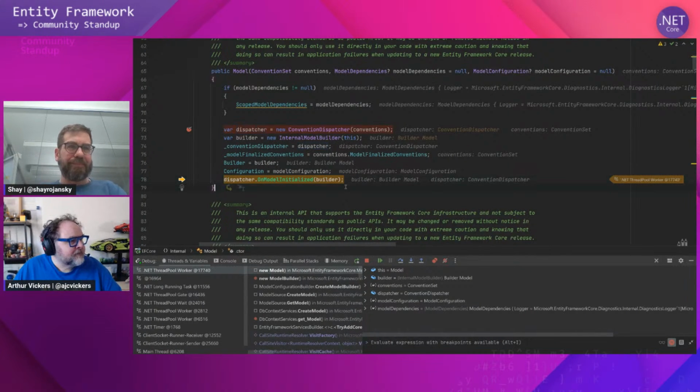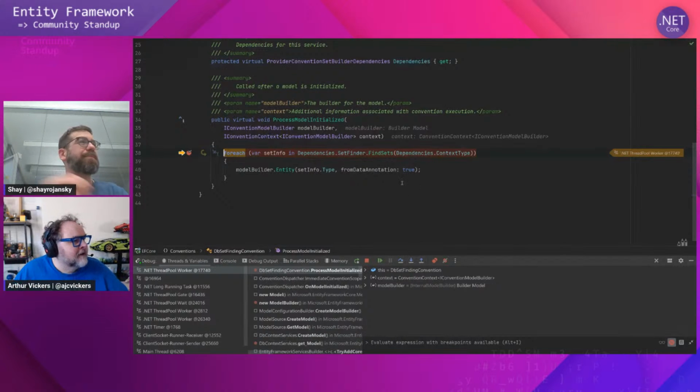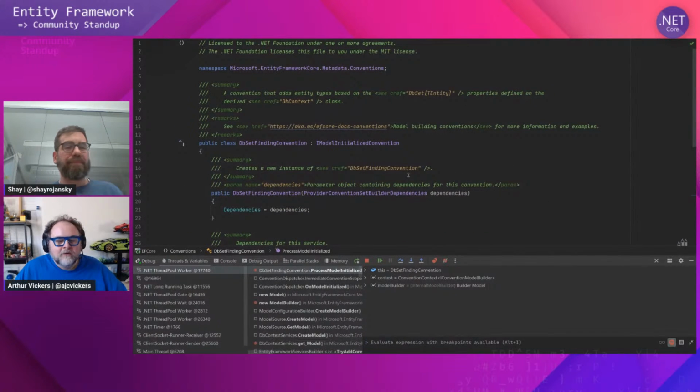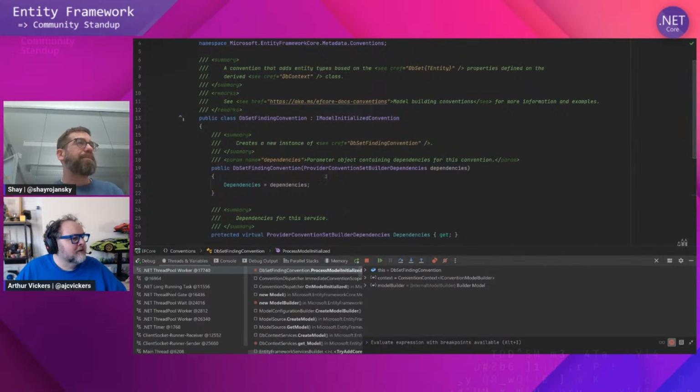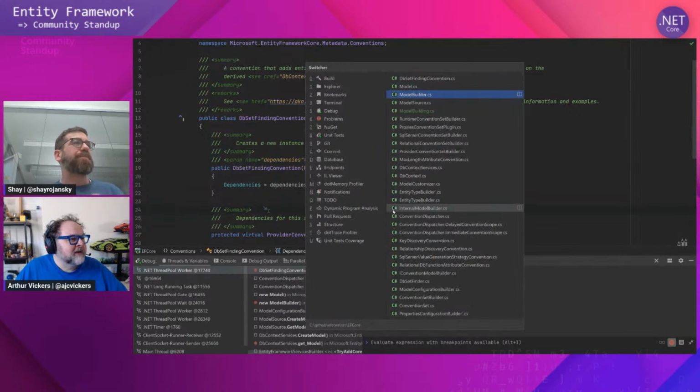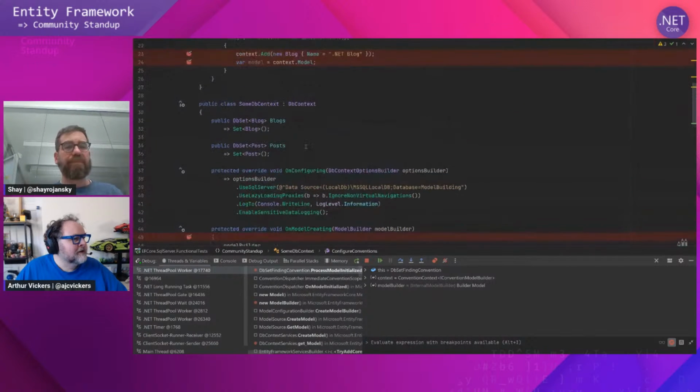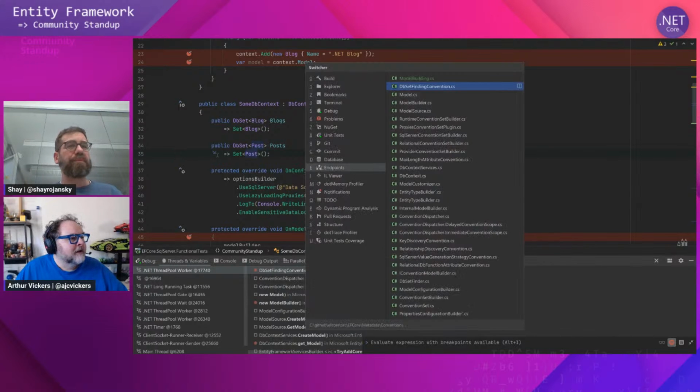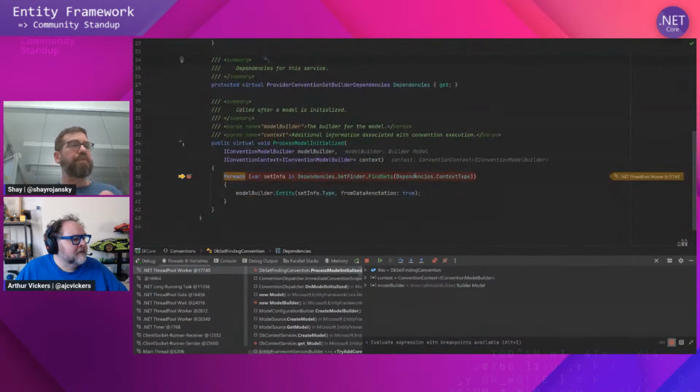Okay, so let's run here. And one of the very first conventions that runs, if not the first, is the DbSet finding convention. So what's this going to do? Well, you can probably guess. On our context, of course, we've got two DbSets, and these are going to say include Blog and Post in the model. And the DbSet finding convention does that, and it uses this service, again using a service out of the internal service provider, the set finder, which finds sets on the DbContext. If we step into find sets there,